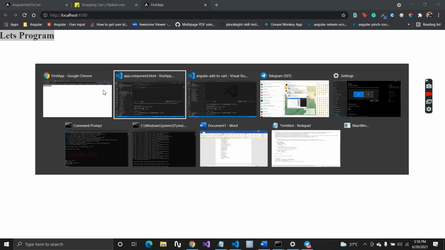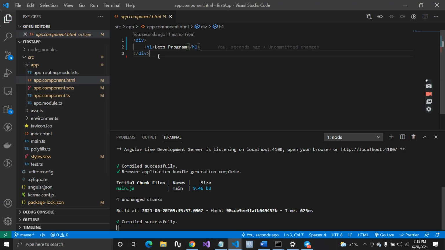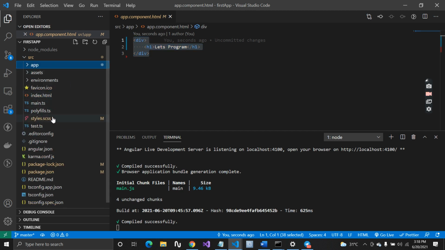So there must be some flow which Angular is following so that everything is rendering on your browser. Let's get deep into it, like how exactly things are working in Angular. There are two files here which you can see, the index.html and main.ts. These are the two important files for running your application.